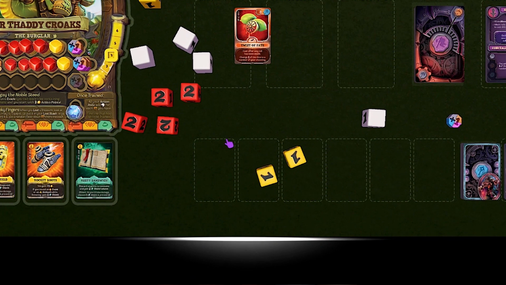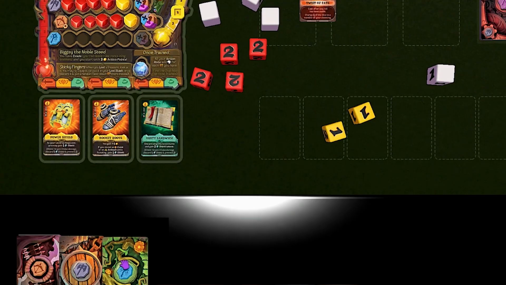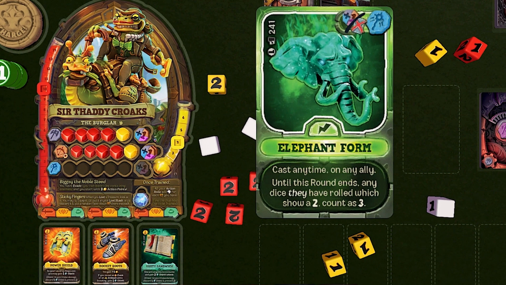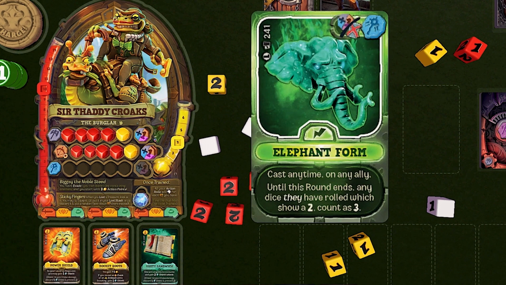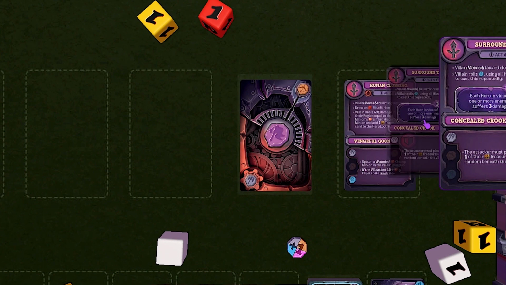Oh, by the way, I shouldn't forget about that elephant form I've been holding this whole time. Those would have been 3s, and that would have been 12, 15 if I'd used that. Can I use it now, or do I have to spend it beforehand? What's it say? Ooh, cast any time on any ally. Until this round ends, any dice they have rolled, which show a 2 count as 3. Here we go. So he has to spend another card or a +1 token. So wowie, that's 15 damage, and that's still going to apply for the rest of the turn,